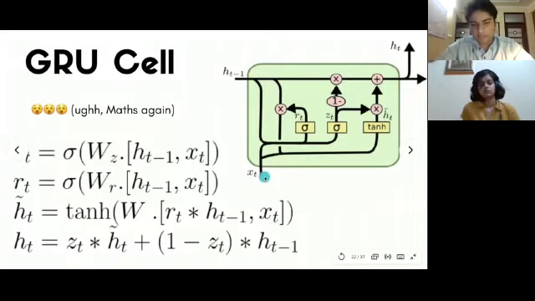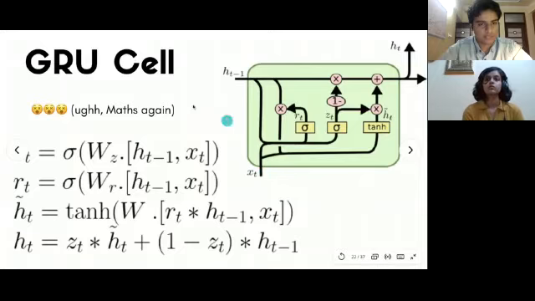We take the current cell input xt and the previous hidden state ht minus 1, and this operation right here where the two lines are intersecting, it's nothing but a concatenation, and it's represented by this bracket right here in these equations. This bracket represents a concatenation. So we're taking the current input xt, we're taking the hidden state, and we're concatenating those two values. Then we're multiplying it by a weight matrix wz, as you can see right here, and we're putting it through a sigmoid function. The sigma that you can see right here, that's a sigmoid function. And from that, we get the value zt, which is our first value.